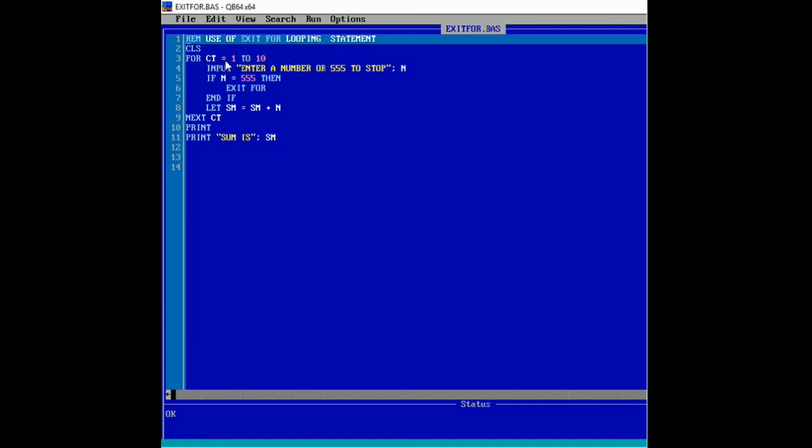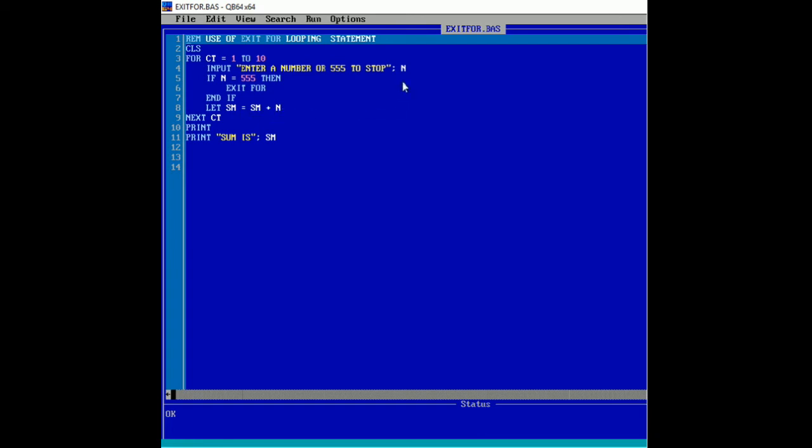So for ct, the variable, equals 1 to 10. That means the loop will be run up to 10 times. So input: enter a number or 555 to stop. If n equals 555, then exit for. Let sm, the variable, equal sm plus n.